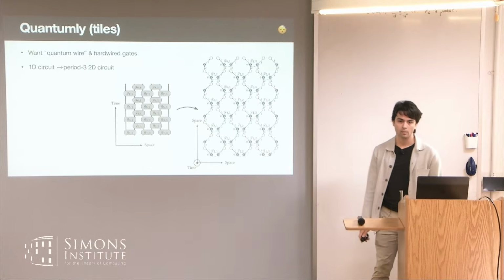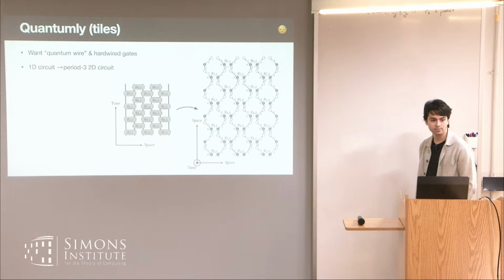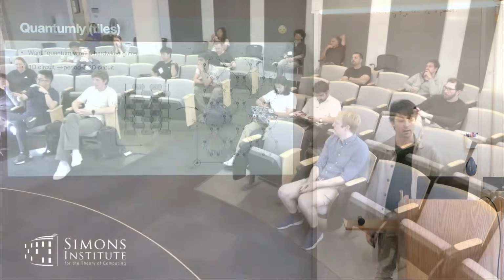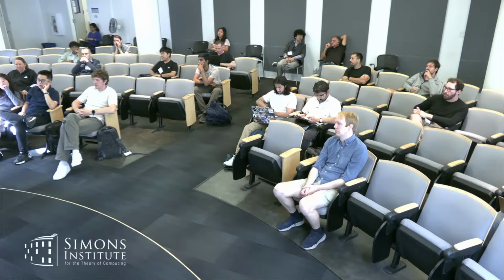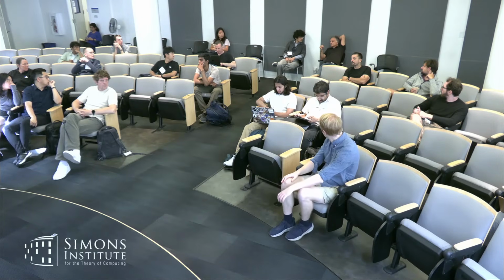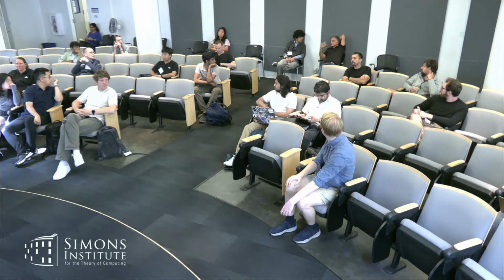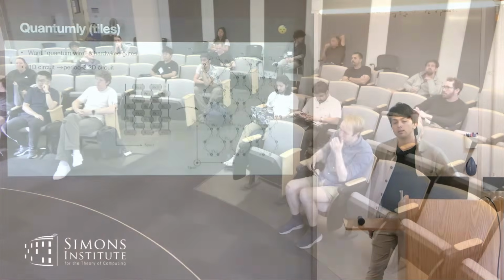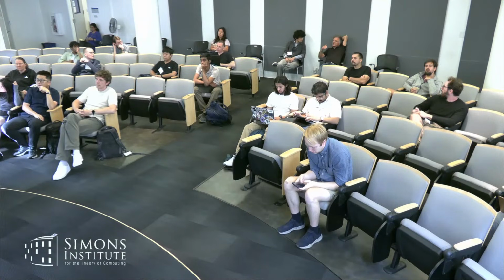And here, the number of gate locations is still a lot, right? Every layer of the space roughly has 8 locations. It's a lot. Okay. Sorry, why isn't this just a 2D circuit to begin with? Why wasn't it a 2D circuit to begin with? I mean, isn't a 2D circuit just laid out in time so that you're... Well, I've laid it out. I'm laying it out in space now. Yeah.